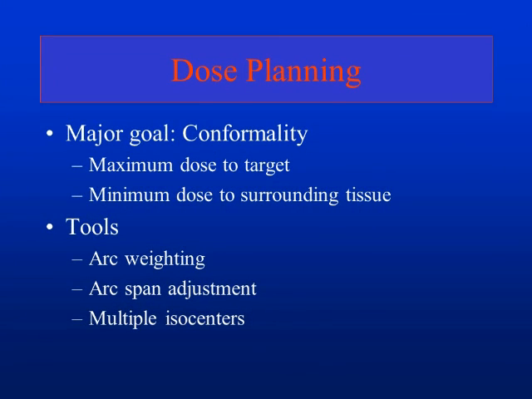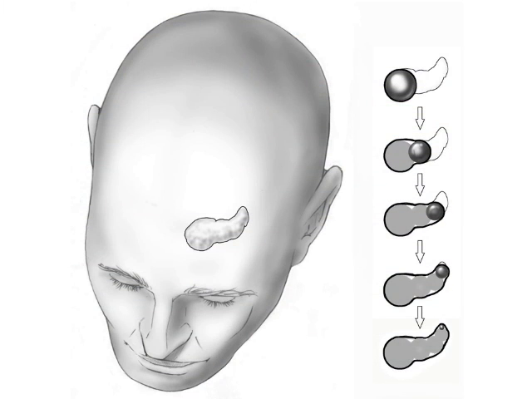So the dose planning process, which we reviewed yesterday, it takes some time to learn how to do dose planning. There are many different approaches to it, but the goal is easy to understand, right? The goal is conformality. If we don't include the entire target, we're going to reduce our cure rate. If we include normal brain, we're going to increase the complication rate. And so we use sphere packing here,